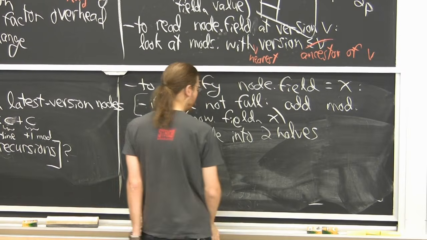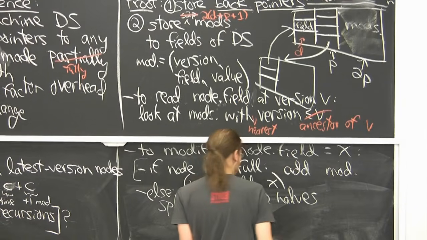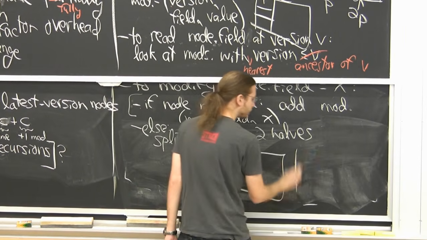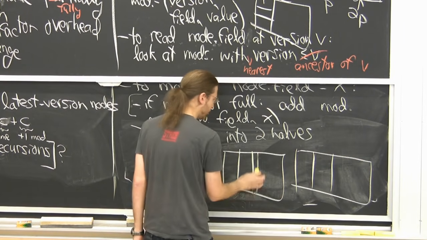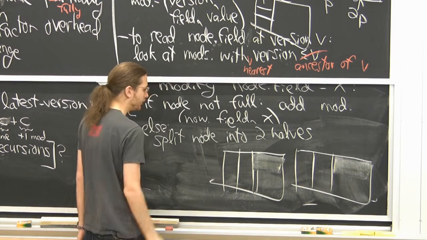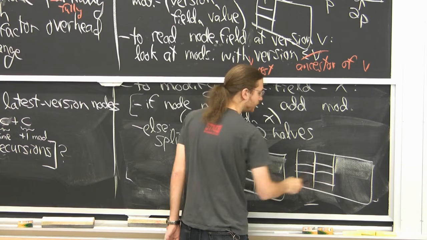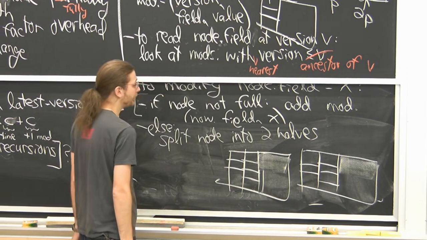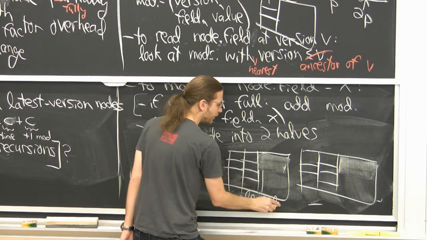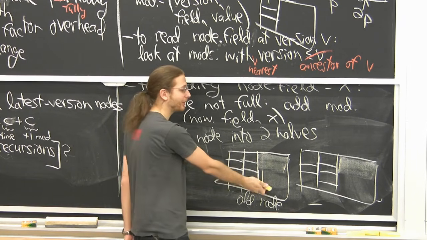Okay, so I had some big node that was completely full. Now I'm going to make 2 nodes. And this one's going to be half full. This one's going to be half full of mods. The only question left is what do I do with all these things? Basically, I want to have on the one hand the old node. It's just where it used to be. I've just removed half of the mods. The second half, the later half.